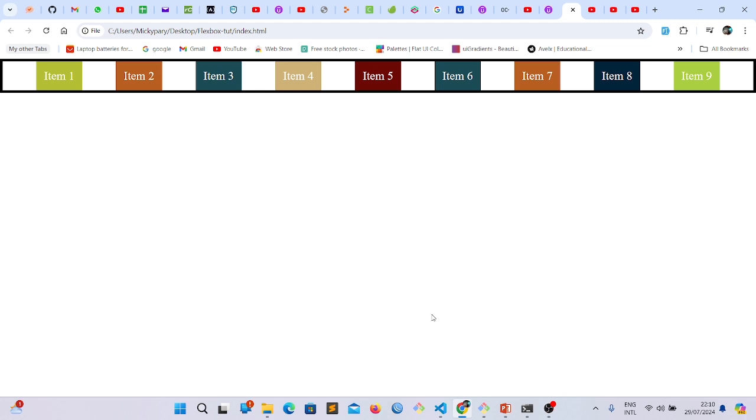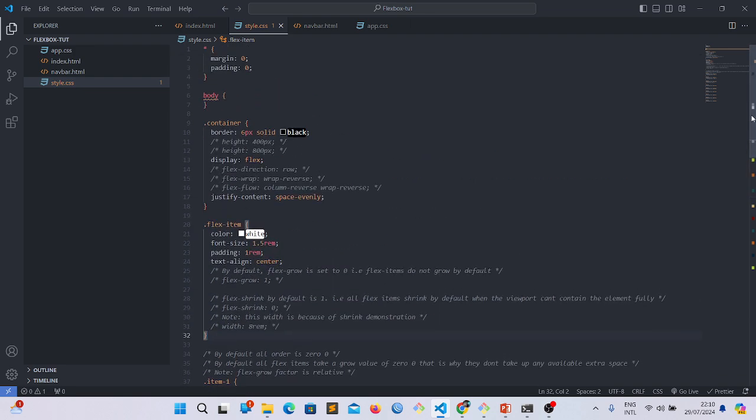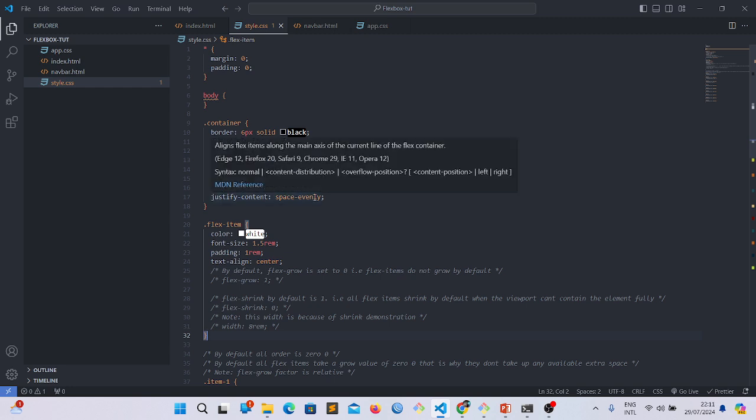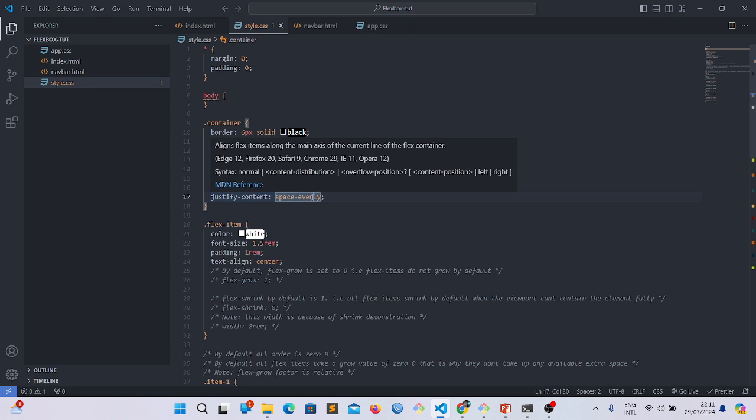So in the previous video we looked at the justify content property of the flex container, and in this video we're going to be looking at the align items property, which aligns items vertically. Don't forget the justify content